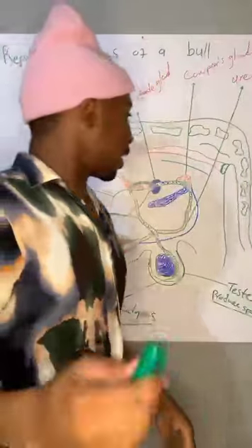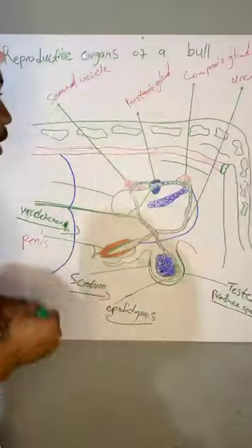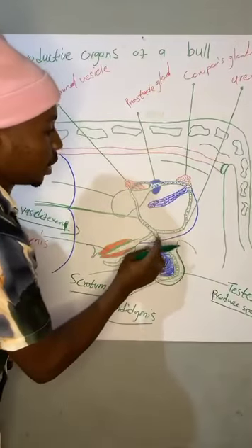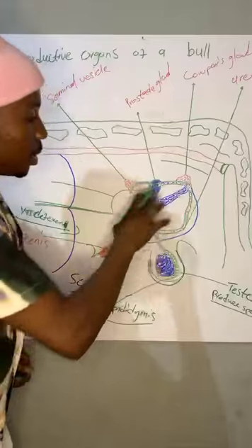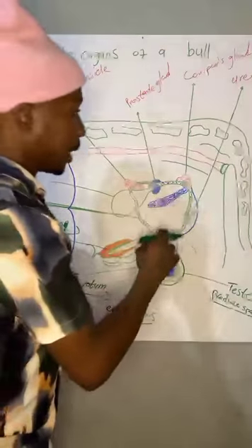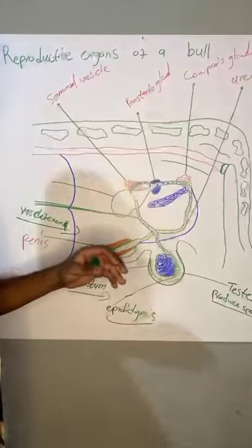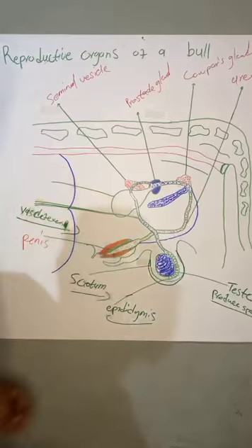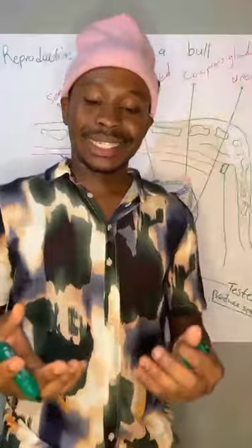And again we have the urethra. This one is the urethra, pointed with the red markers there. So what is the function of the urethra? The urethra will transport